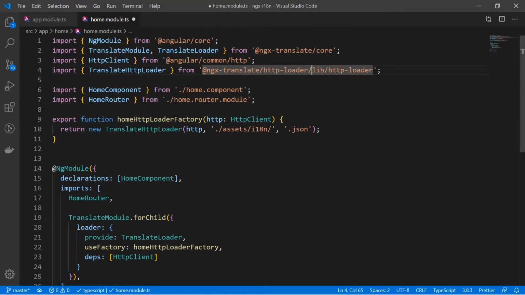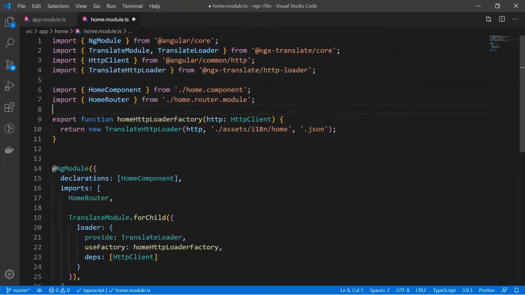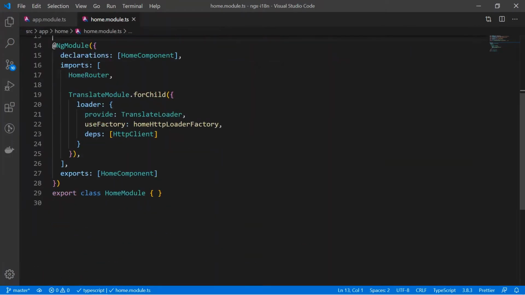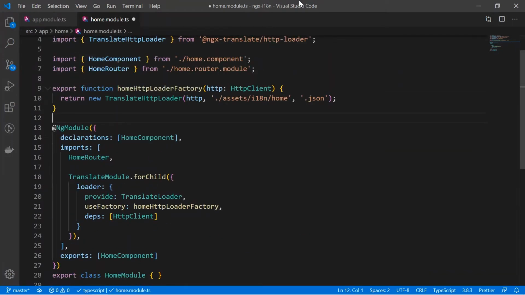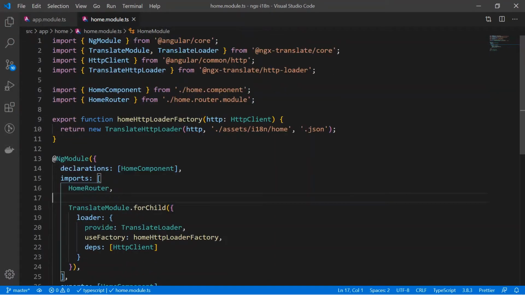It's not necessary, we don't have to use that. But here we are going to use this path, because we have created our locale inside home. So we have created the factory, we have configured everything that is required.